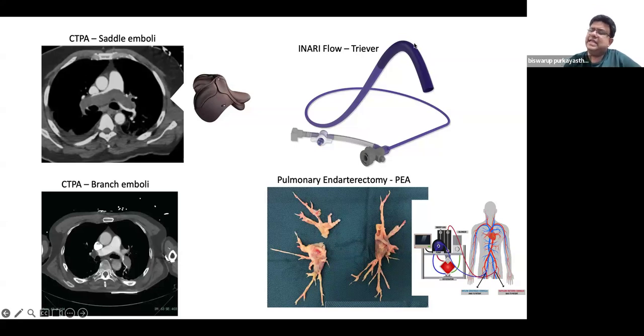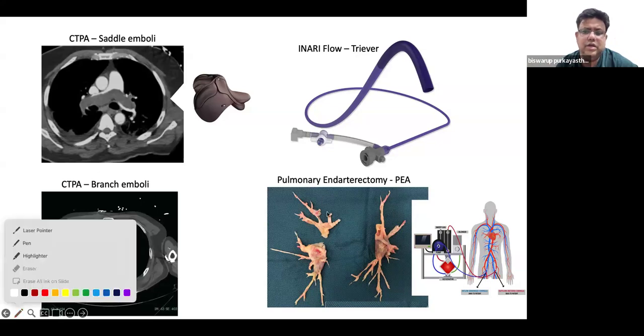There are multitudes of devices and other interventional procedures that you can do. The best of them probably is the Inari FlowTriever, which will go in, engage with the pulmonary emboli, lock them into an ADO-occluder disc mechanism, and pull them out with the help of ablating the clot into smaller pieces, piecemeal, and then sucking them out with adequate suction. And the gold standard for any pulmonary embolism the world over remains the surgery which is basically the pulmonary endarterectomy. So pulmonary endarterectomy is basically going on bypass and